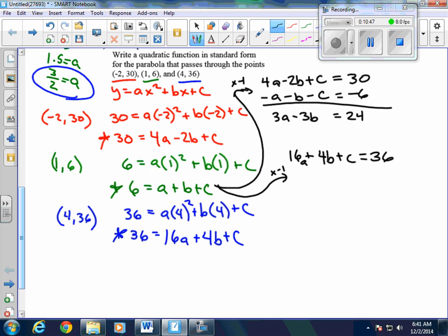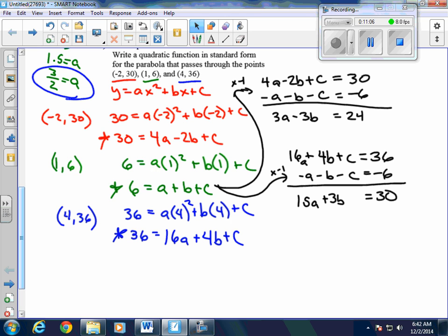So we're going to have negative a minus b minus c equals negative 6. And again, we're going to add those up. So we're going to get 15a plus 3b equals 30. So now we have two equations in two variables right there. And we need to solve for